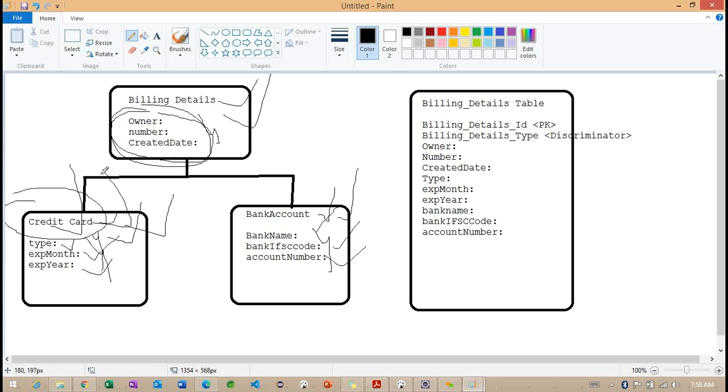So carefully observe here, I'm trying to create an object of this particular credit card. It is nothing but I'm trying to insert the record into the database using this credit card. Now we are going to get an extra record, or we can call it an extra row, in the billing details table. So how exactly is it going to be created? Now the two rows are going to be linked through the primary key values. Getting the point. So basically we are going to have a relation between these two with the reference of primary key and foreign key.